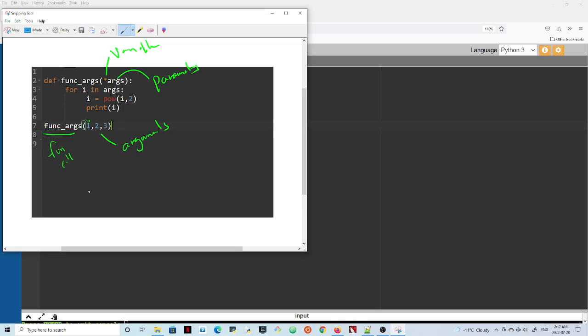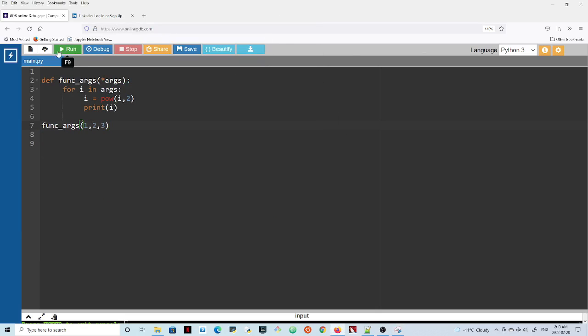So meaning that I can actually have a next scenario where I would try to have func args of, let's see, 1, 2, 3, 4, and I'll use the same function. All right, so that is what this asterisk is doing here. So we'll try this, and then we'll try to create a list and see how we can pass a list into the function. All right, so let's try to run this and see what happens. So if I run this code here,